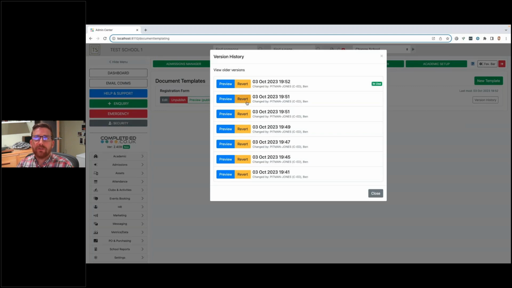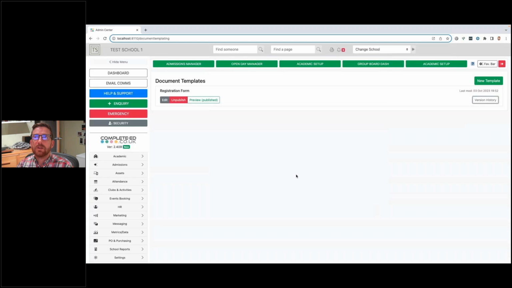You can revert to a previous version, and you can also preview what that version looked like maybe before you revert to it. So it's really nice and easy to go backwards and forwards and see, but also be clear about which one is currently in use. Let's have a look at what this actually looks like. If I click on the preview button,